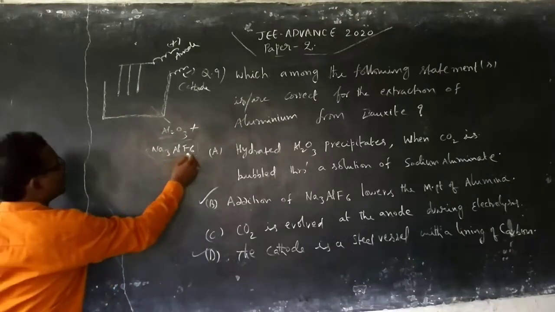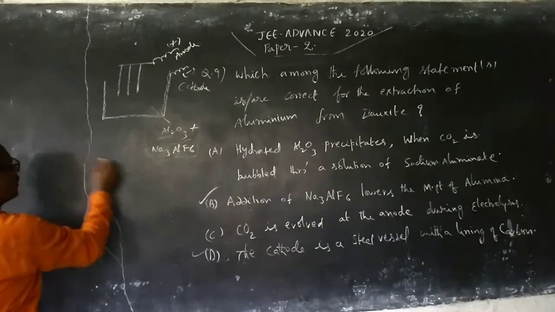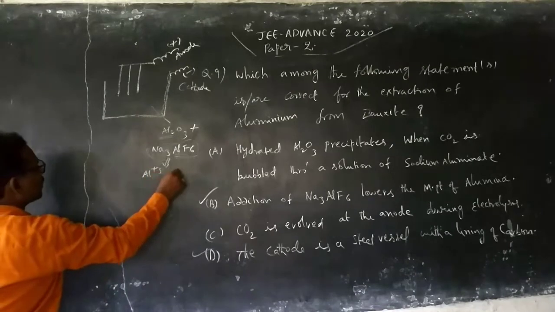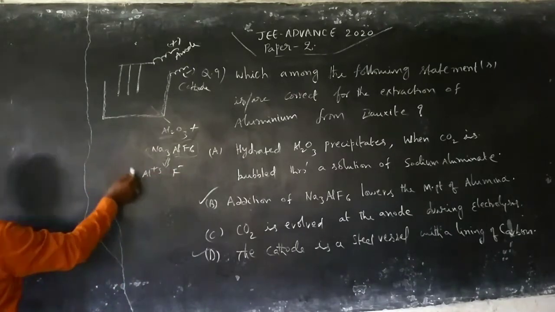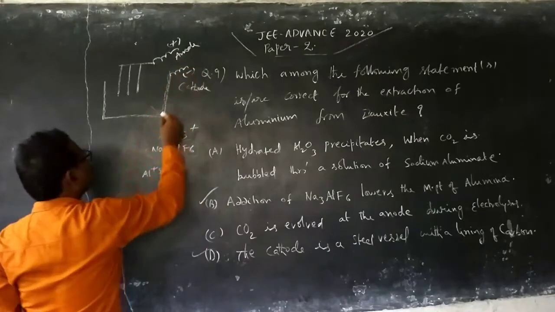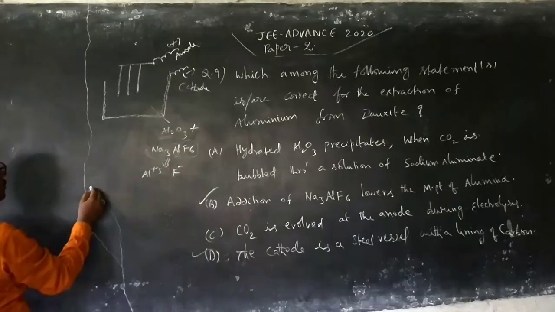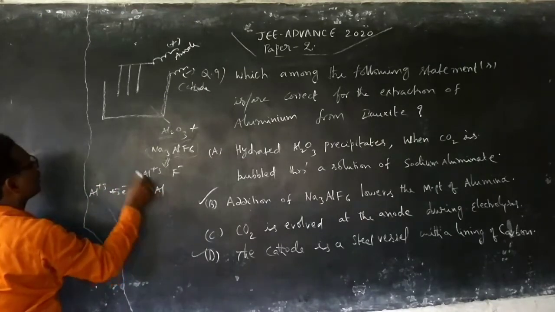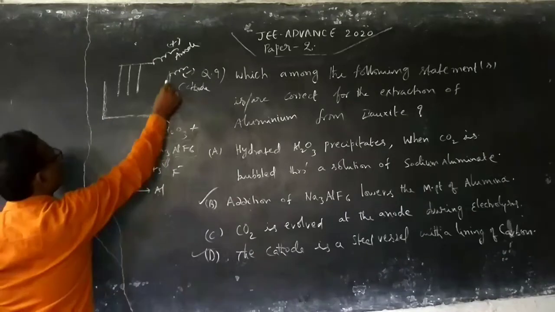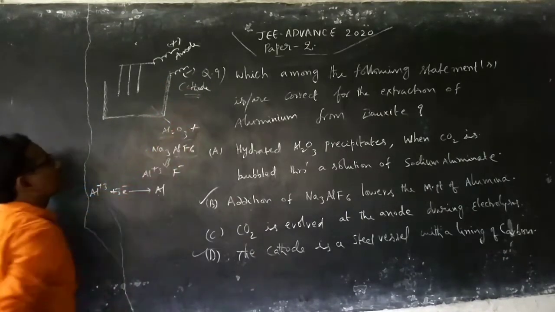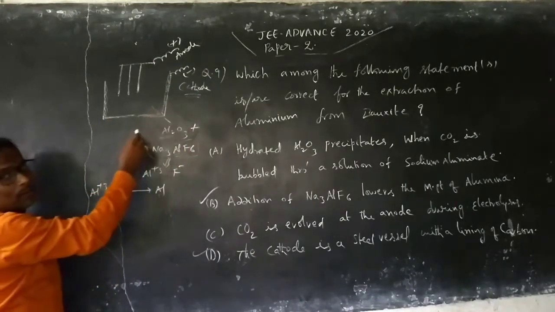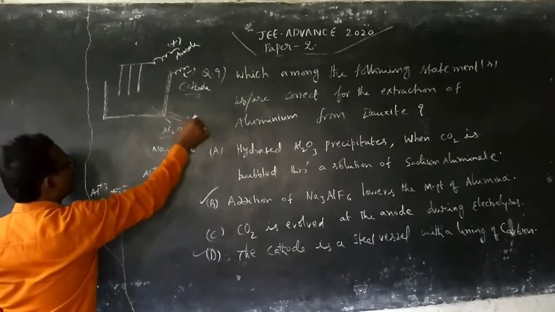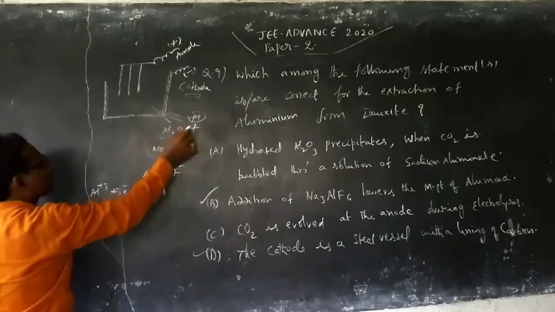In the reactions, it normally exists as AlF3. This AlF3 gives ions like Al plus 3 and F minus. Both electrodes are connected to a battery. The Al plus 3 takes electrons, that means it undergoes reduction, and reaches this part. This is the negative plate that acts as the cathode. It is a steel vessel coated with carbon, that is the cathode, where the aluminium will be deposited. Of course, that is extracted from here. Aluminium is removed from here from time to time.